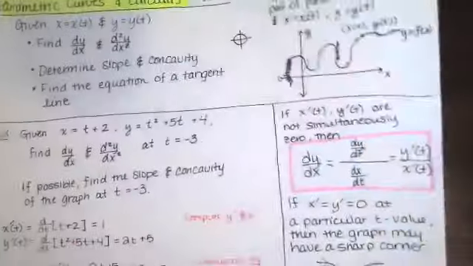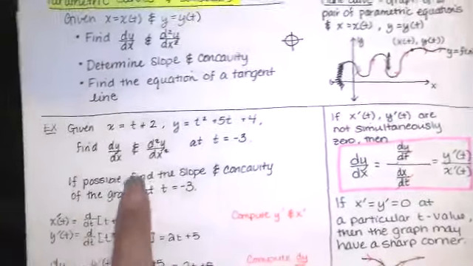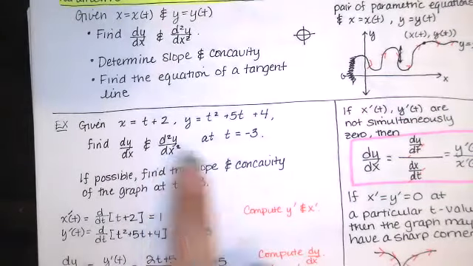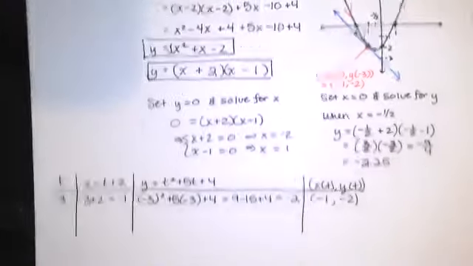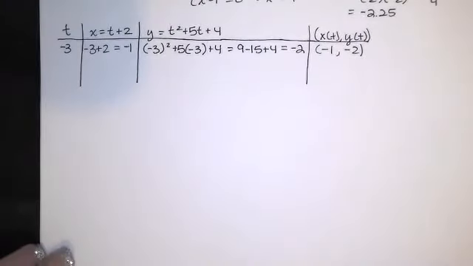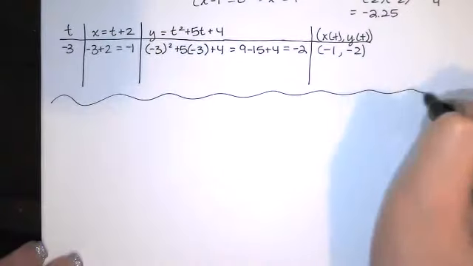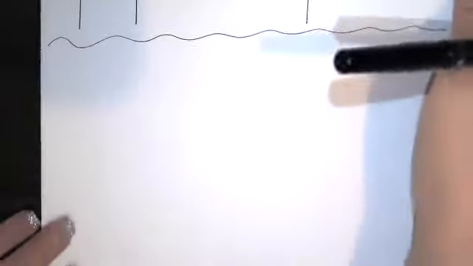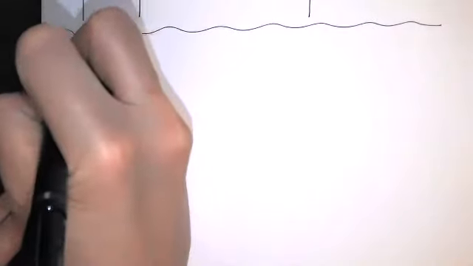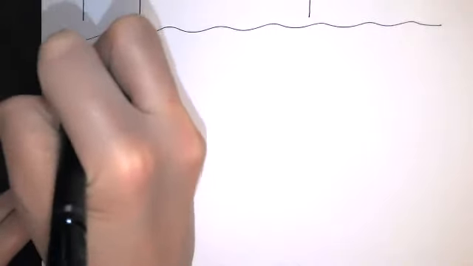Okay. So now let's work with the same functions and find the second derivative at t equals -3. And if you're saying to yourself, I don't know how to do that yet, that is completely understandable. I have not yet shown you how that works. Okay. So the second derivative of y with respect to x,